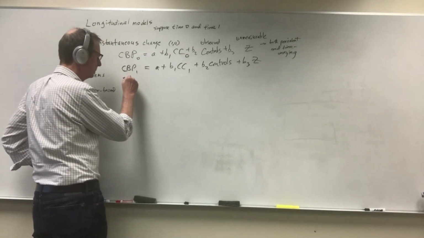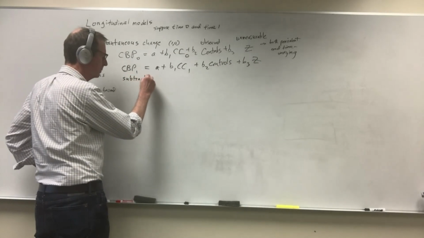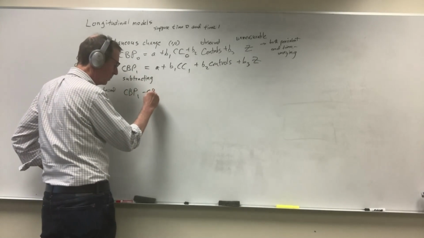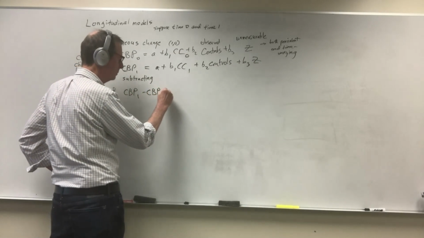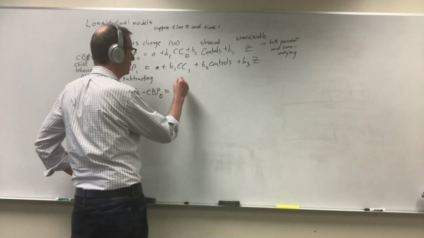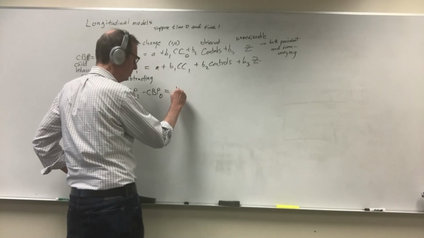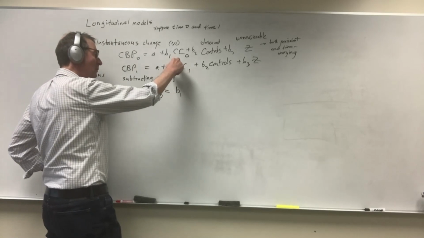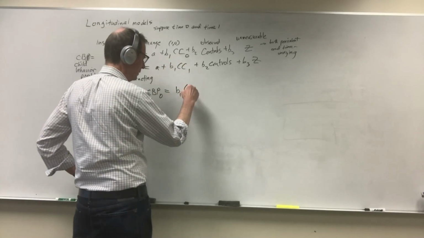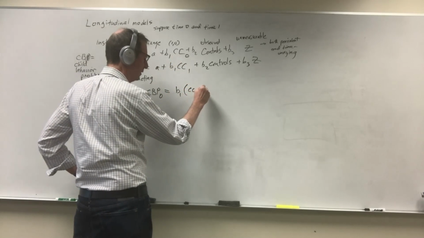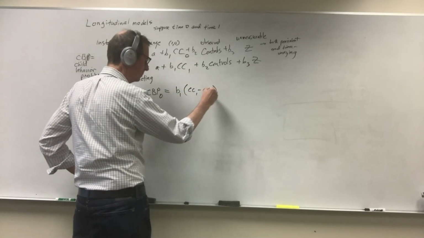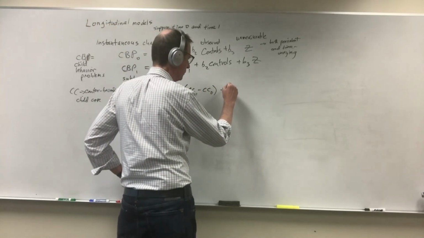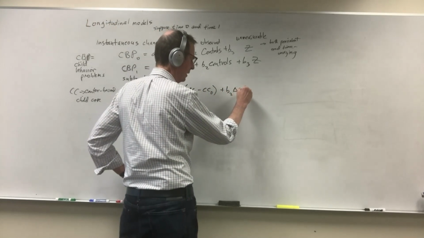So subtracting, we have child behavior problems at time 1 minus child behavior problems at time 0 is a function of, let's ignore the constant term, B1 childcare 1 minus B1 childcare 0. So that's B1 times childcare 1 minus childcare 0, plus controls, B2, it's actually change in controls now,